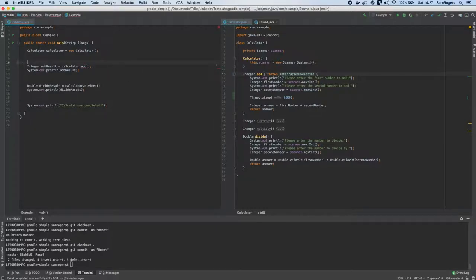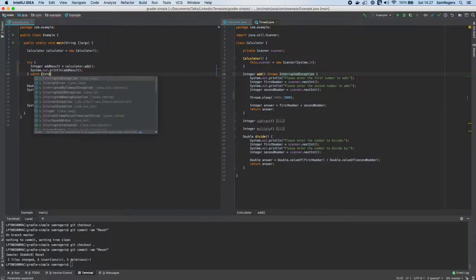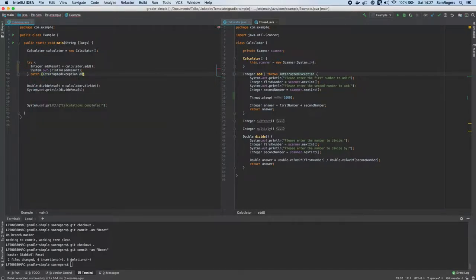So what we need to do is add that try-catch block around here. So we add the try block and we add the catch block. So we want to catch interrupted exceptions if they're thrown. And what that'll do is the try block will, as you can imagine, try to do the code that's inside there. And in the event of the exception that we've specified, the execution will fall through to the catch block, and that will run instead. So in this case, we're just going to print out the